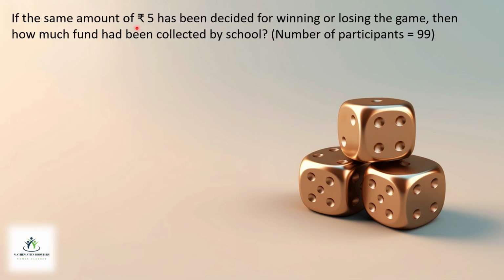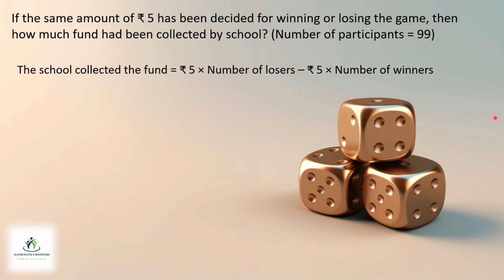Next, if the same amount of rupees 5 has been decided for winning or losing the game, then how much fund has been collected by the school? फिर हम स्कूल के अकॉर्डिंग प्ले कर रहे हैं. The school collected the fund: 5 into number of losers minus 5 into number of winners. So कितनी बार उसने लूज किया है? 88 टाइम्स. कितनी बार उसने विन किया है? 11 टाइम्स. So 440 minus 55, 3